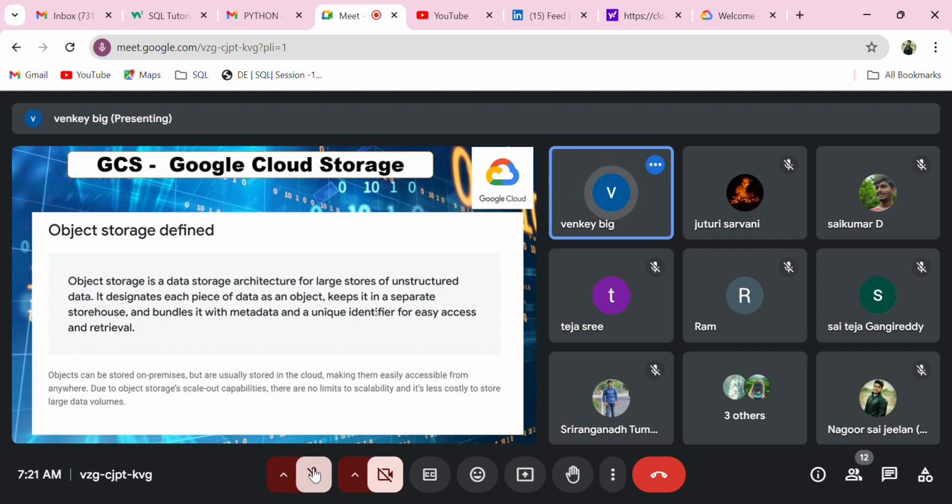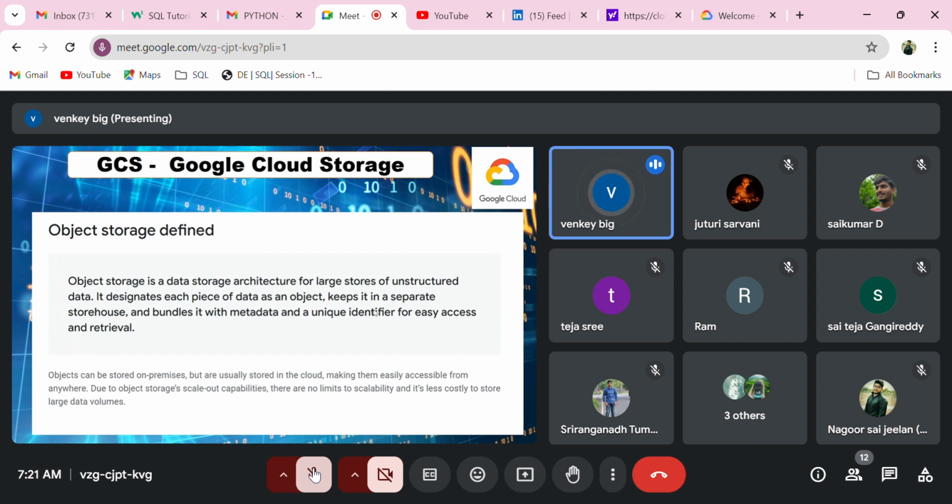Internally it stores in a distributed fashion. They will take bulk cloud based storage systems, and then they will set up this object storage service on top of it, and then we can use it from the GCS service. And each and every file that you store, each and every content that you store in Google Cloud Storage, or for that